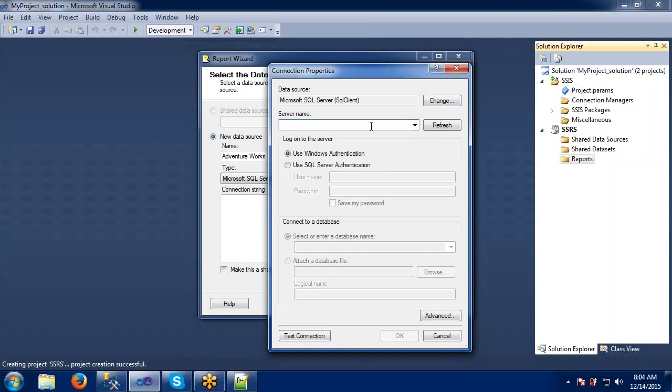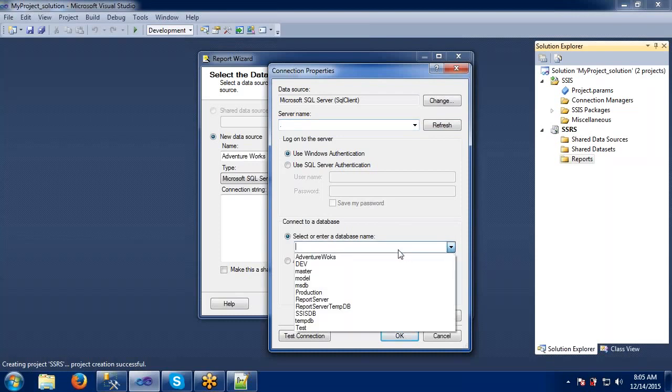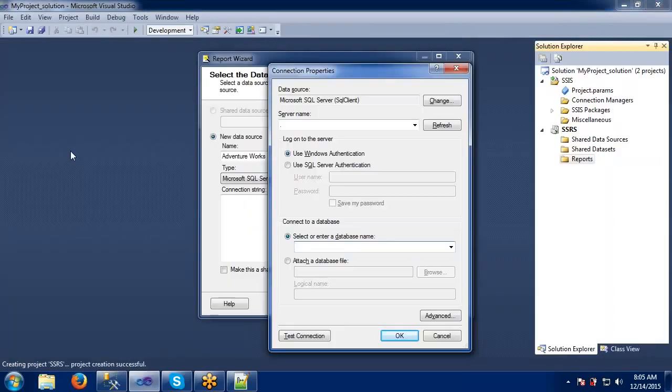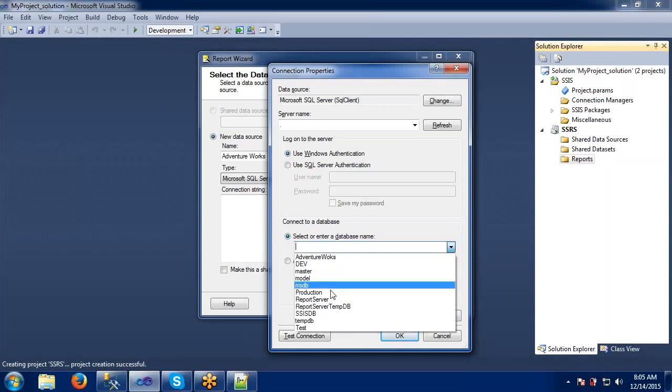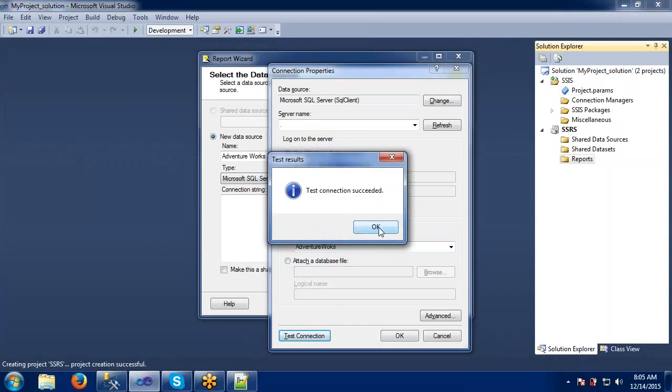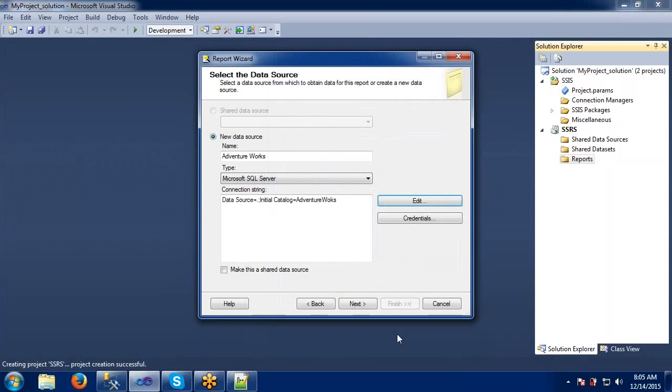Simply what we can do is give a dot here. That's it. Automatically it will connect to your local system and find the server in it. So simply give the dot. It is connected quickly. In my system I have only one SQL Server, that's why I have given one single dot. It is connected to that and showing what databases are available in it. If you remember, these are the databases which I can see in SSMS. The same list is shown here. I need AdventureWorks here. Let me test this one. So the connection is successful. Just click OK.